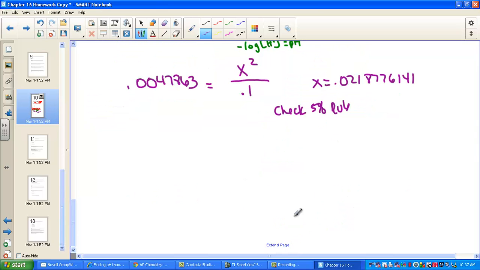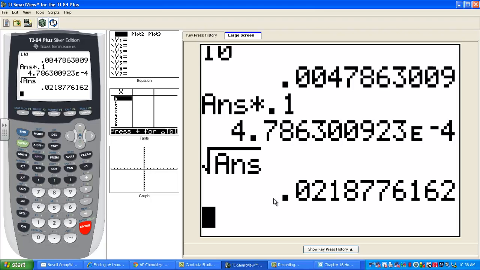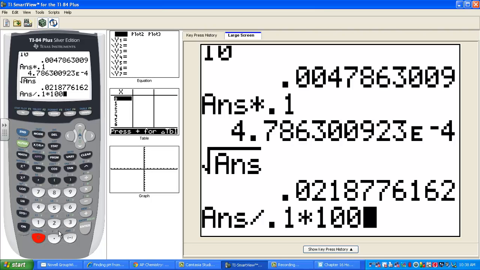And when we check the 5% rule, we're just making sure that we were allowed to toss out the quadratic equation. 0.0218776 set over that original value, expressed as a percent. And we come out, oh, too large. So let's check that again. Remember, the original concentration was 0.1. This divided by 0.1, expressed as a percent,